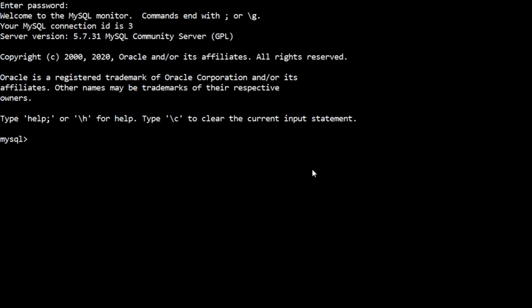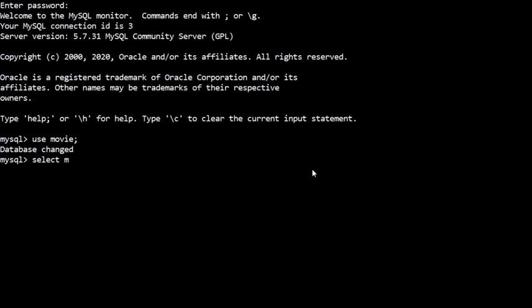Here I have a database called movie. Now the query is I need to show the movies directed by Hitchcock.